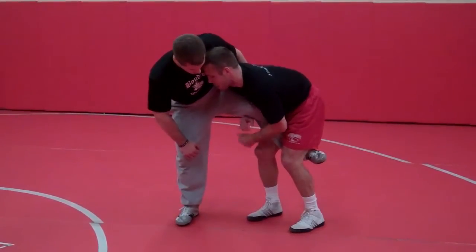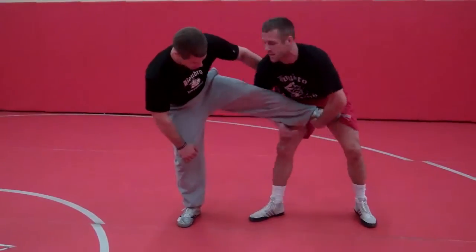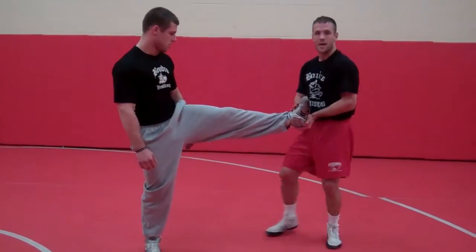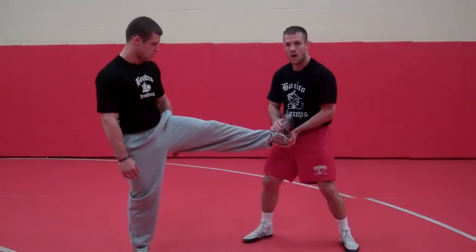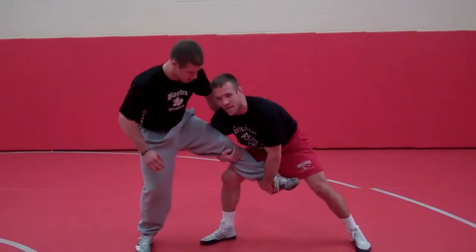What I'm going to do is try and get his weight going that way. I want to keep my chest. My chest, guys. Stay up here, Brian. My chest is going to slide from here all the way down the ankle. Right here, guys. It's going to slide all the way down. I don't want there to be any space. If I do this like this and I try and come like this, he's just going to put his foot to the